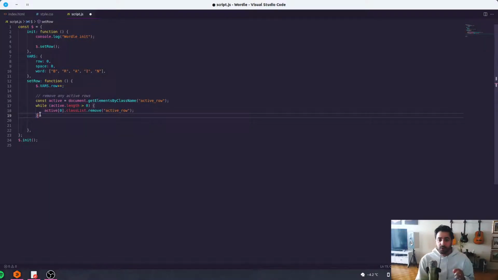So this will work whether this is the first row, the last row, or whether the game's just started and there isn't even an active row yet. This will work across the board in any situation. So now that we do that, we need to actually figure out what the active row is. Remember, we started off by increasing the row number by 1. So even though we're starting at 0,